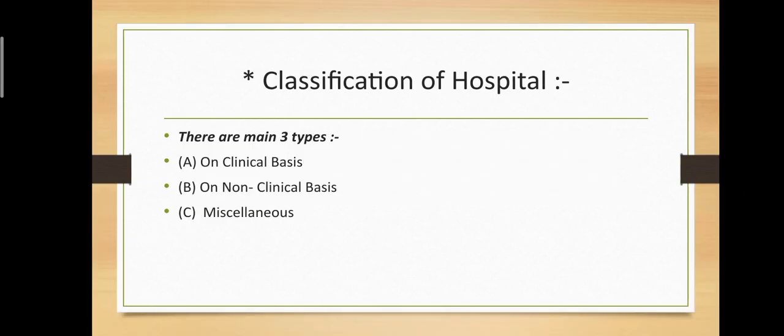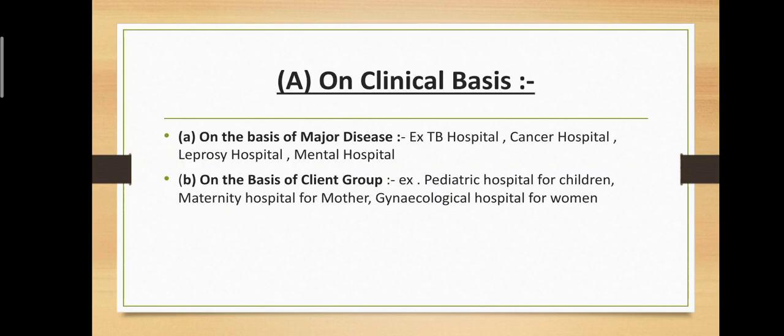Next point: classification of hospital. There are three main types. Hospitals are mainly classified into three types, which are as follows: A, on clinical basis; B, on non-clinical basis; C, miscellaneous. In classification, on clinical basis and on non-clinical basis are the main types. Let's first take on clinical basis,